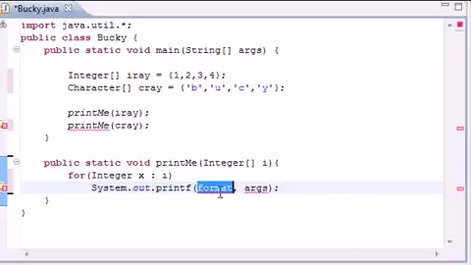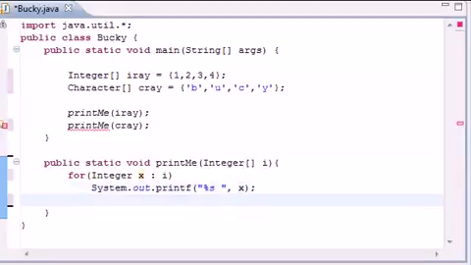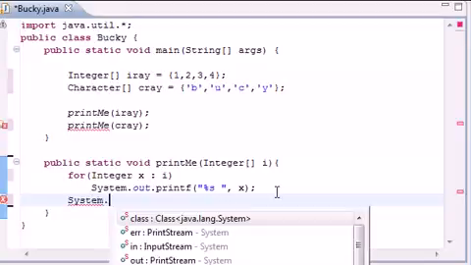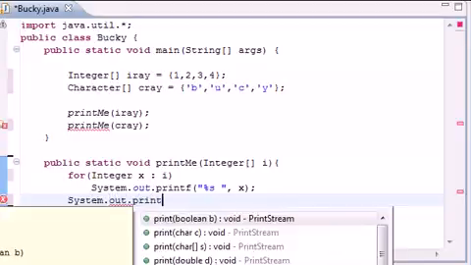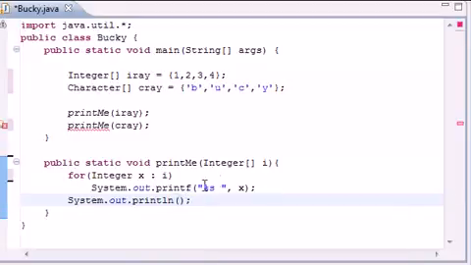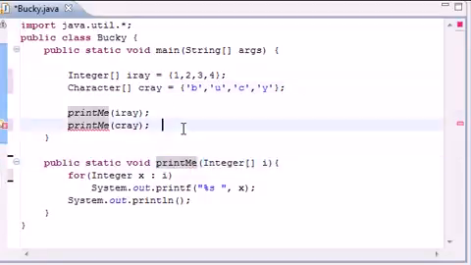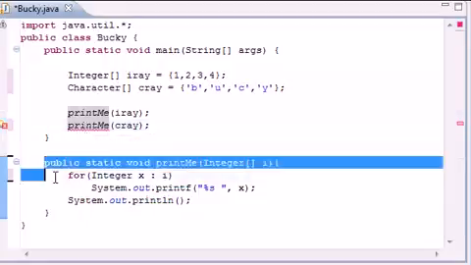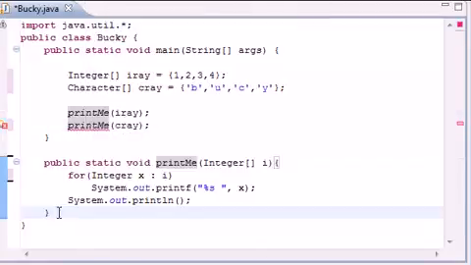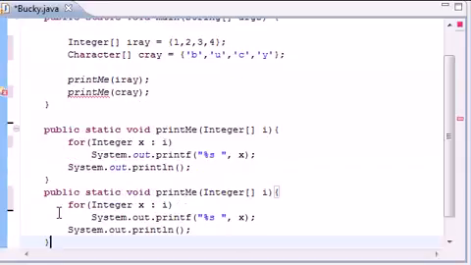So as a format, let's put %s and a space right there, and as an argument pass x, and what this is going to do is loop through your integer array and print each element one by one. After that, let's just print a blank line so our code actually looks readable, System.out.println. So now we have one method built, and this is the printMe method that takes integer data. But say we have another type of array right here, and we need to make another printMe for this as well. So let's copy this and paste the whole thing underneath it,